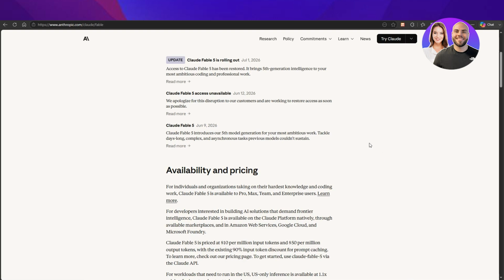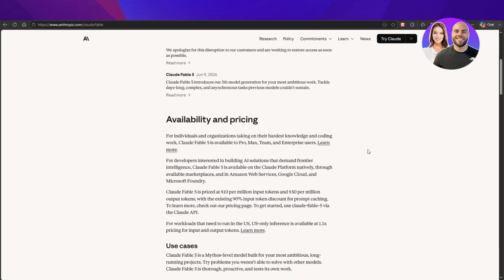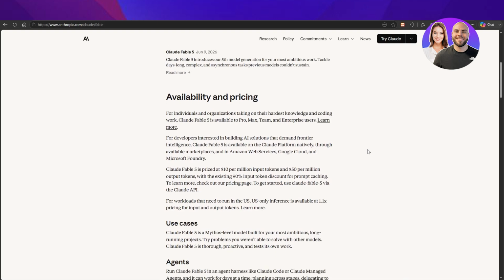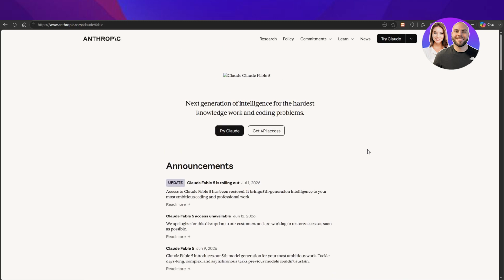If you tried to access it during the gap and found it unavailable, that was not a bug. It wasn't a product decision. It was a regulatory decision. It's now resolved. I have had real access to it since then, and in the next 20 minutes, I'm going to be giving you the complete picture of what it actually does differently from previous models, what it's genuinely better at, and where it doesn't meaningfully differ from lighter options, and who should actually consider using it for their